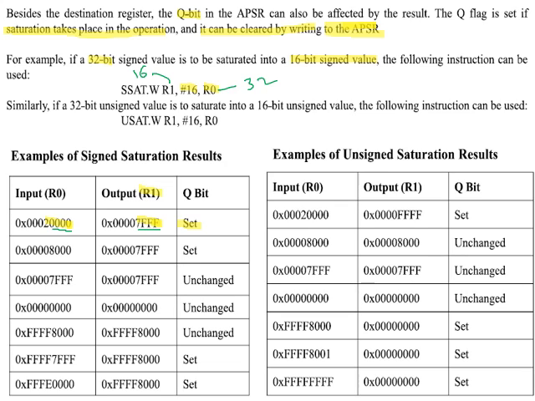So what happens here? 16 bit data is given, but it is not accepting all the 16 bits; it is short of one digit or one bit. Okay, so here also the Q flag will be set. When the value remains unchanged, whatever value is given, the same value is reflected, and that indicates the unchanged condition. So here you can observe the various conditions for set and unchanged.